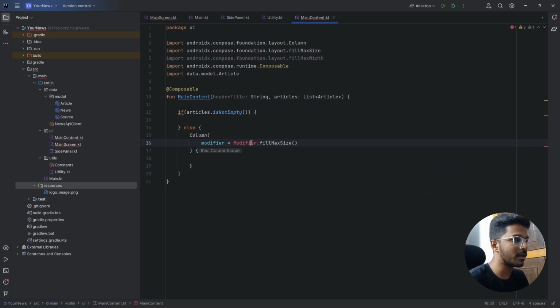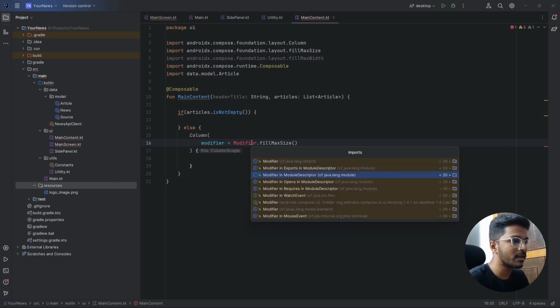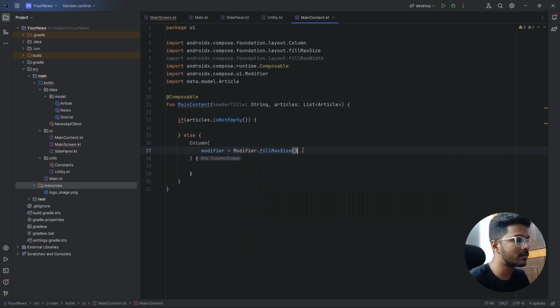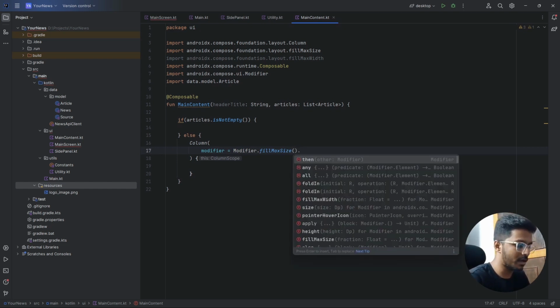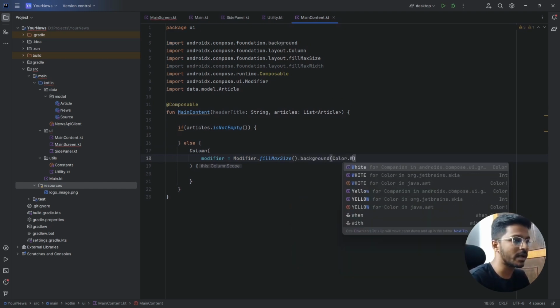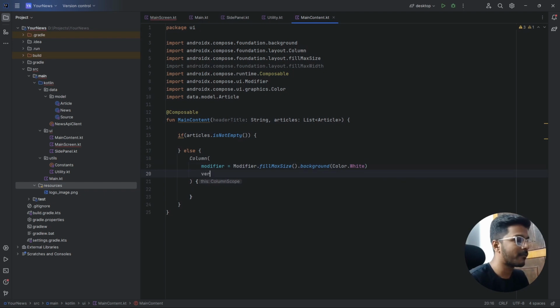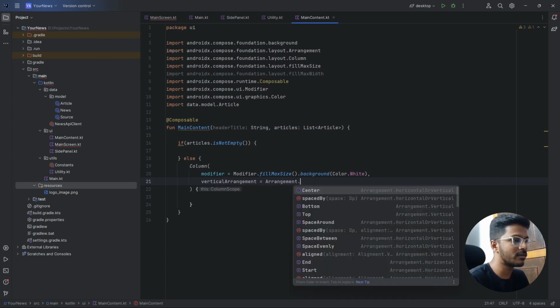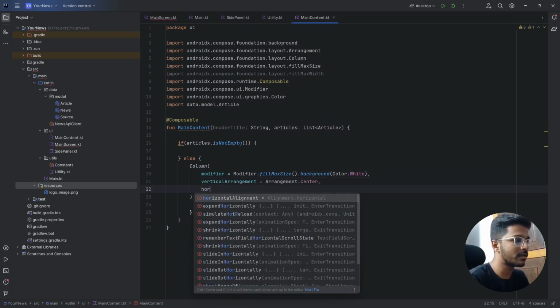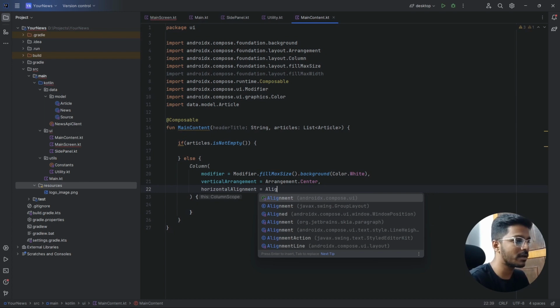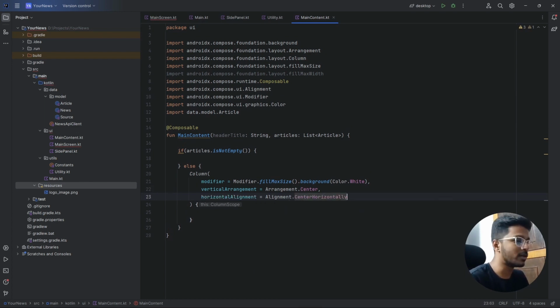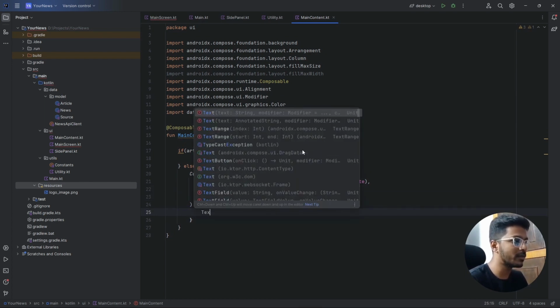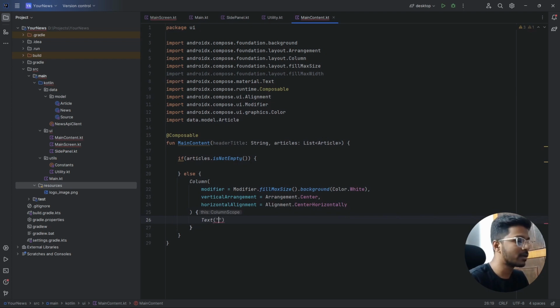Let me import this correctly, and a background of color white. The vertical arrangement would be center. The horizontal alignment would be centered horizontally, and this will be just a simple text